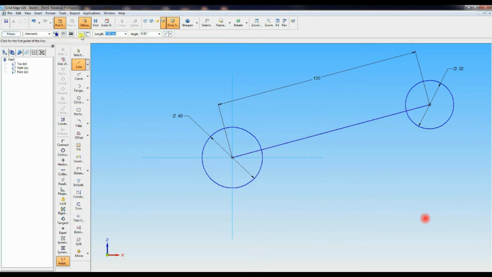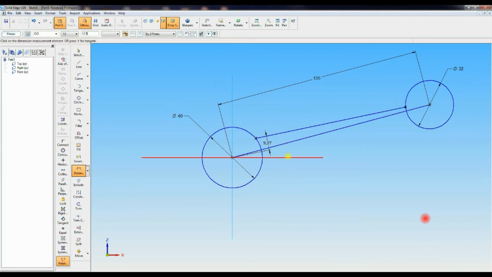Then go to line command, select line tip, and from that draw an inclined line like this. Then go to small dimension, from that to the center of the circle, that should be 12.5, half of 25.